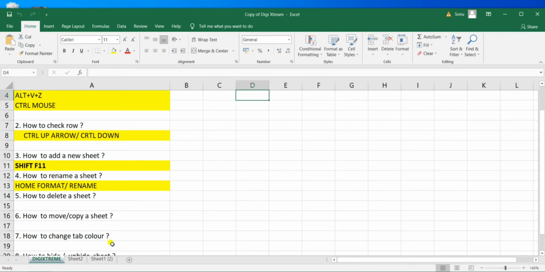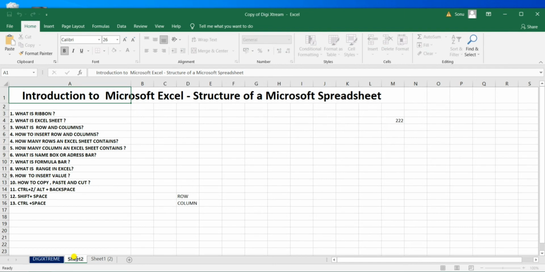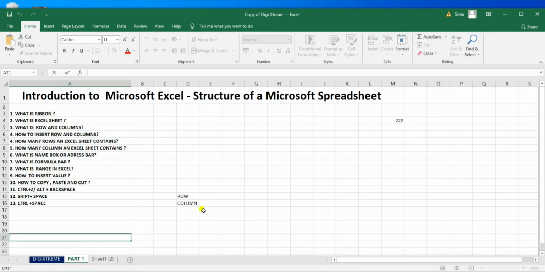And there is one more option to rename any sheet. Just double click and backspace right here. All right. Okay, then click anywhere on the sheet.